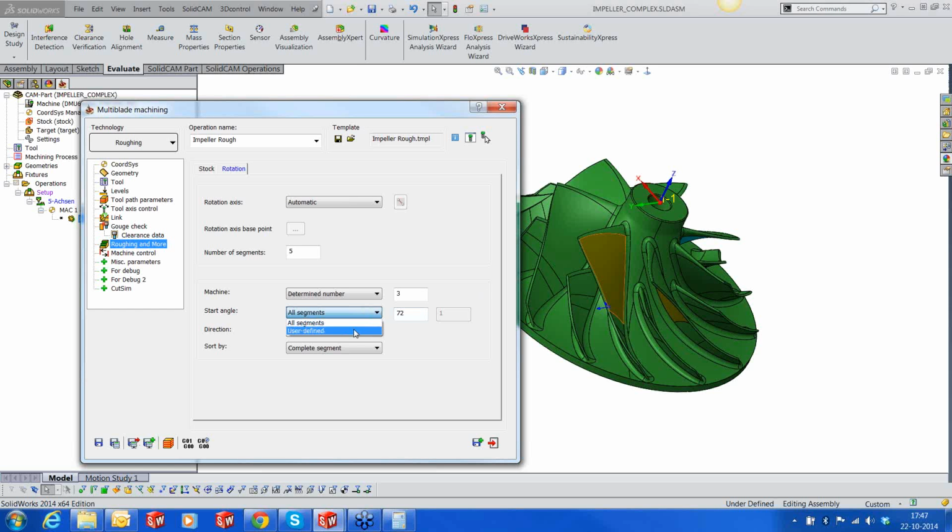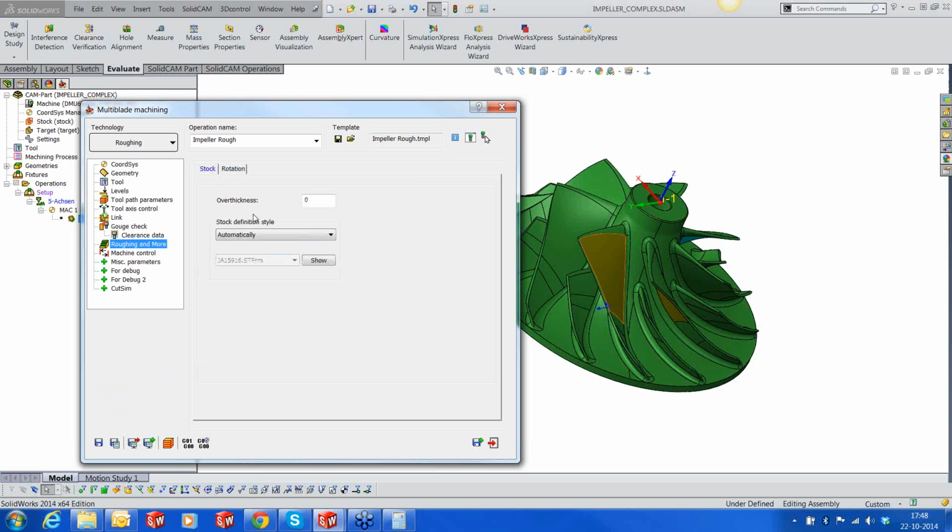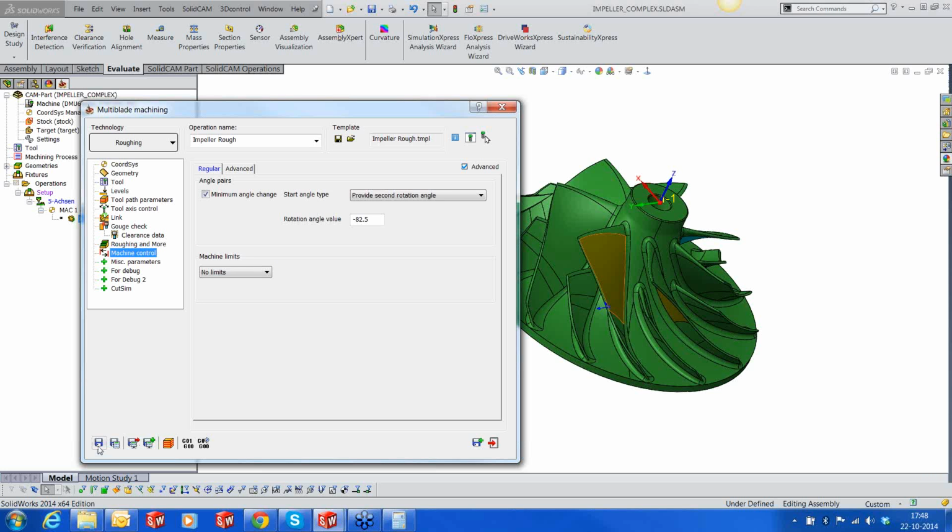Or you could say user defined. You can put which angles you need in this. But here I'm going to use only one of them. I'm not going to rotate it for all the other segments. All right, so I'm going to save this,